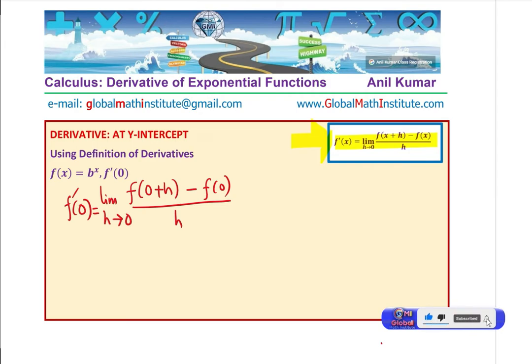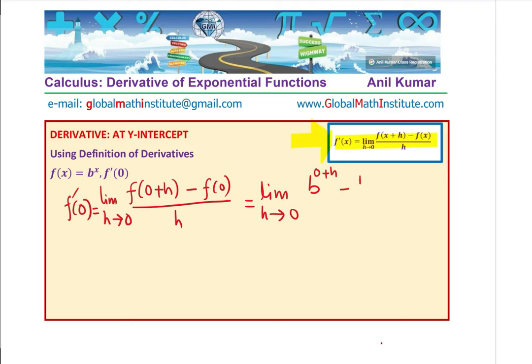Perfect. Now since our function is b to the power of x, we can write this as limit h approaches 0 for b to the power of 0 plus h minus b to the power of 0 over h. Now, as you know, anything to the power of 0 is 1, right? Anything to the power of 0 is 1. So we know that b to the power of 0 basically is 1. So we can write this as what? So we could write this